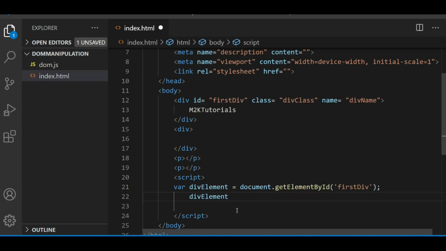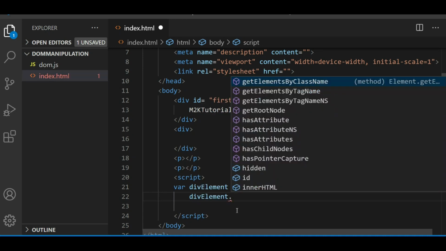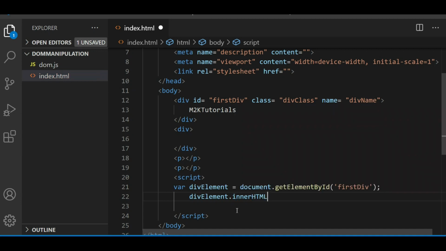So div element dot, and there is one property, innerHTML. What innerHTML does is change the internal HTML of the reference which you are giving. Here we are getting the reference of this div, so we can change the inner HTML, and this is M2K tutorials. You can name it as our channel.